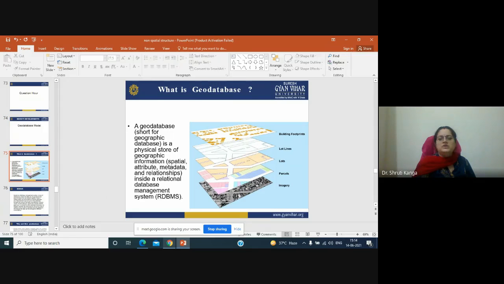A geodatabase is a physical store of geographic information in terms of spatial and non-spatial attributes, metadata, and relationships inside a relational database management system, which is called RDBMS.